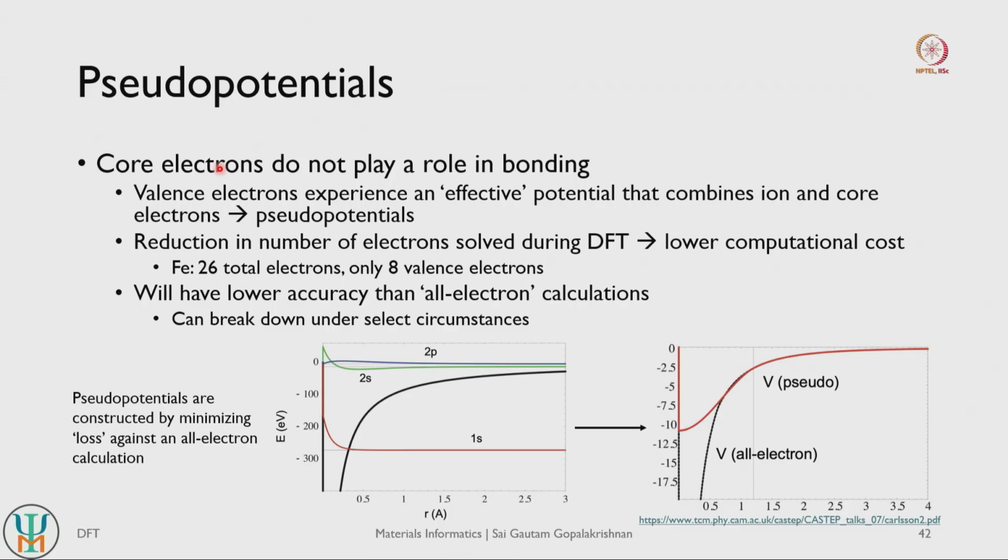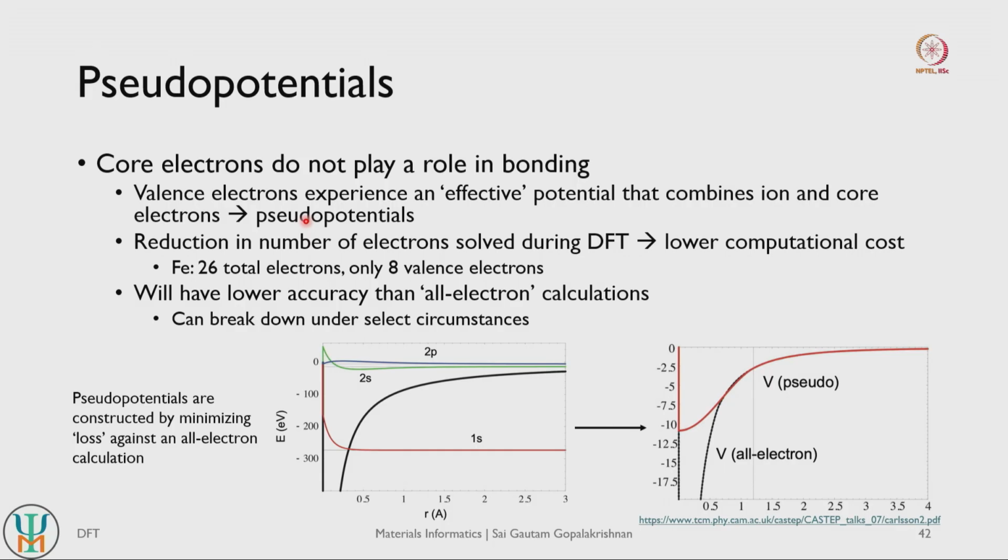Whenever iron forms a chemical bond with any other species, only the valence electrons are involved and the core electrons are almost always not perturbed. They do not really participate in bonding, which implies that the core electrons are not really relevant as long as we are interested in modeling how chemical species bond in a given system. So if we find a way to model these core electrons using some kind of an effective potential, we can actually reduce the computational cost.